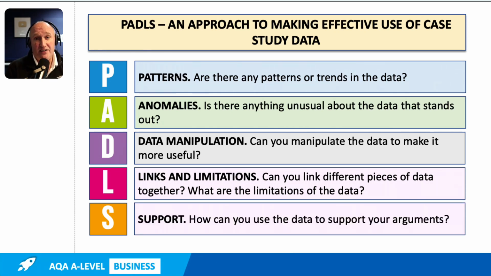And lastly, the S stands for support. In what way can we use the data, whether it be patterns, anomalies, data manipulation, links and limitations, or other ways, in what way can we use that to support our argument? So we make an argument, perhaps also using this to support your evaluation, not just arguments. A really good way of just referencing back to the data to add some weight, add some credibility to your arguments and or evaluation is another great way of showing